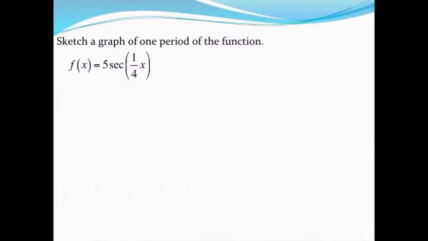In order to graph one period of a secant function, I'm going to follow a very similar process to what we did when we graphed a cosecant function. So hopefully you're somewhat familiar with that process if you've watched the other videos. It's going to begin by actually graphing the reciprocal function. So the reciprocal of secant is cosine. So I'm going to begin this problem by graphing 5 times the cosine of 1/4 x. And it's going to be a very, very similar process, like I said, to cosecant, with one little tiny difference